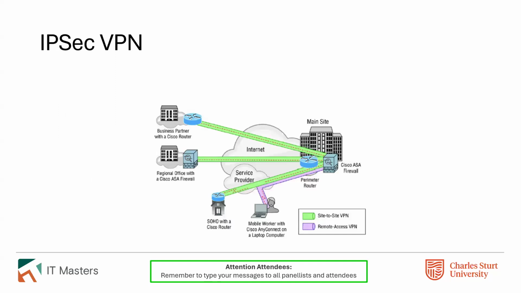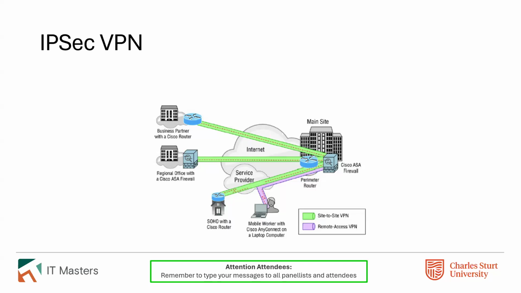What does IPsec look like? Pretty straightforward. An IPsec WAN or an IPsec VPN, and yes, you can create it as a WAN, would typically use what are called site-to-site VPN connections over the public internet. And as you can see here, this is the start of what you would call a hub and spoke type relationship. So you might have some remote sites, maybe a business partner or something with some routers running VPN software, and they essentially tunnel and encrypt your private traffic over the public internet. Nothing wrong with that, perfectly reasonable way to go.